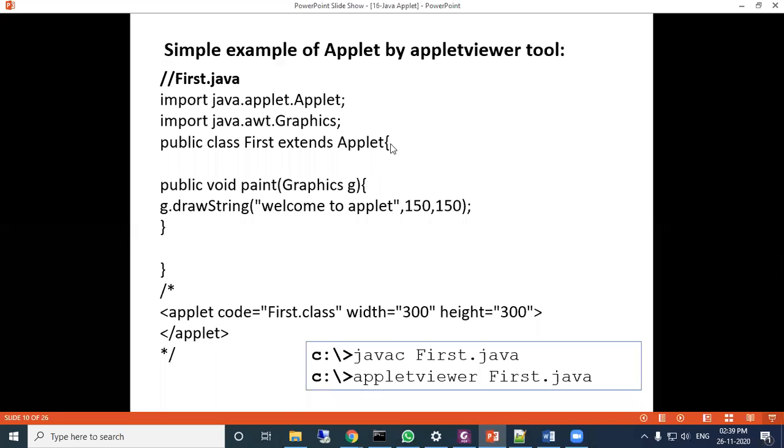Nowadays in Java, applets are blocked by normal browsers. So to test these applets, we need one application, the applet viewer. Using the applet viewer, you can run an applet program, and through the applet viewer you will call the Java program under which the HTML code is written. This code is recognized by your applet viewer.